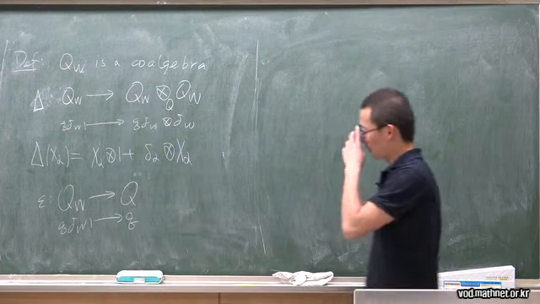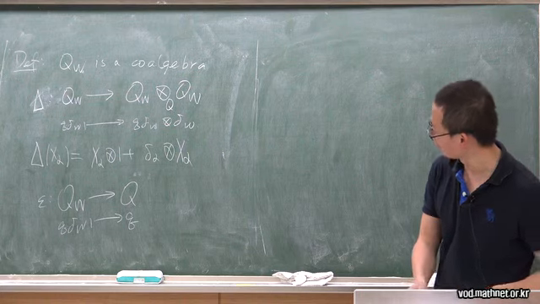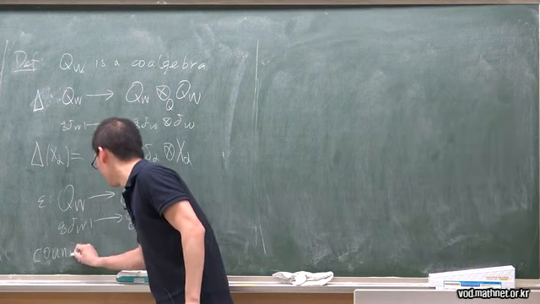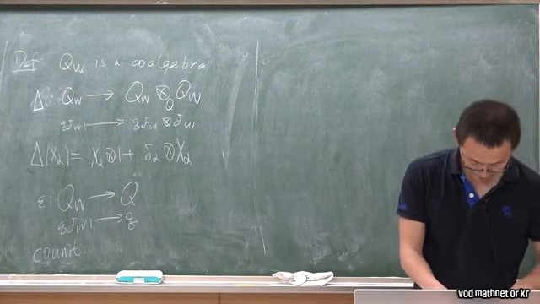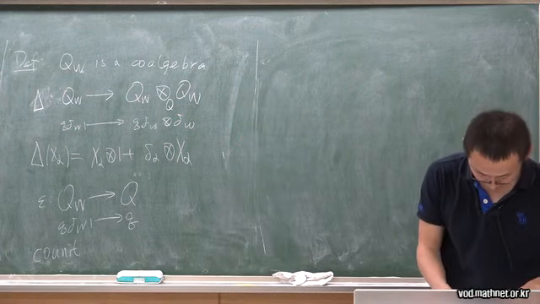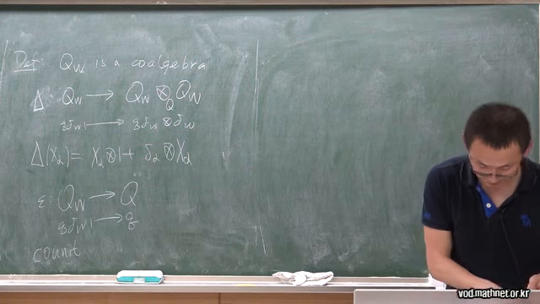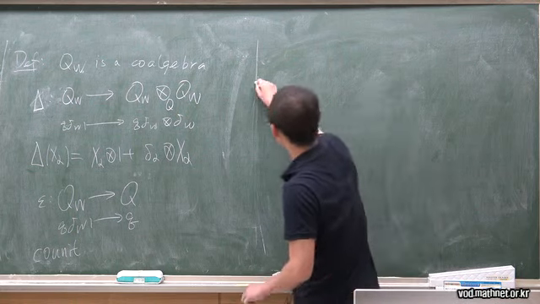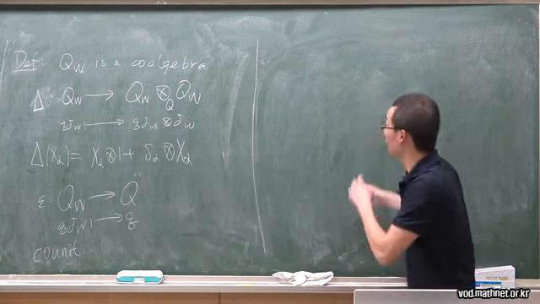This is the co-unit. Sending all such Q delta W to Q. It's the co-unit. So that's the co-unit. There's one thing I forgot to mention, and that's quite important. That's this one. So, of course, after this I will consider the dual, but before the dual,